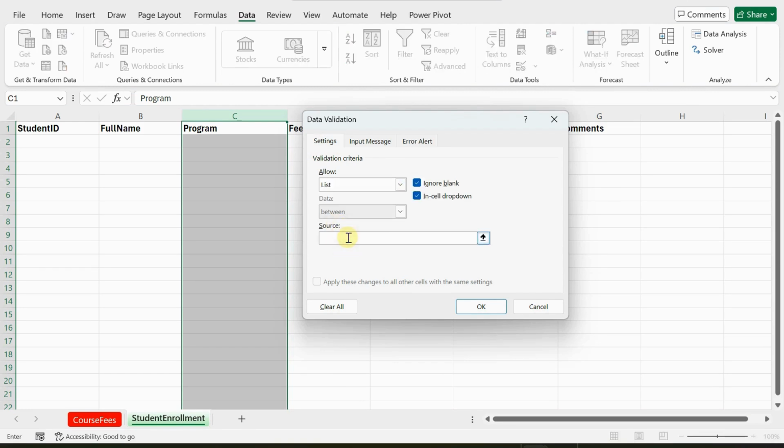Now in this list we don't want to ignore blank. So I'm checking it because I don't want people to leave the program column blank, because it's very important that they select a program. So I checked it, and then my source. This is the interesting part, because we named the course